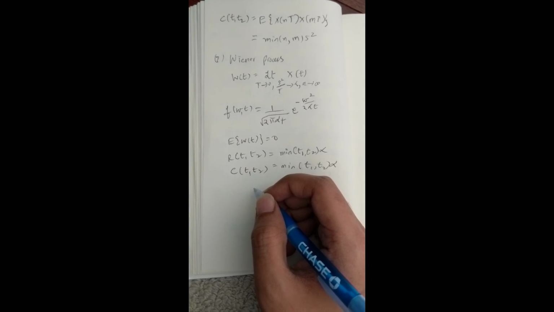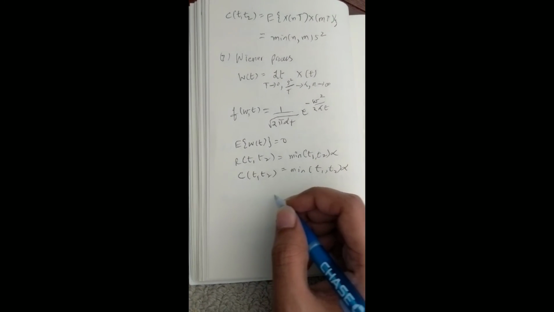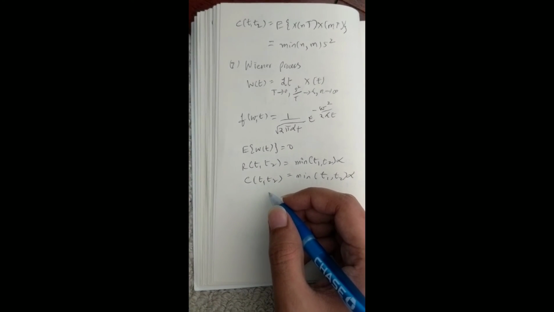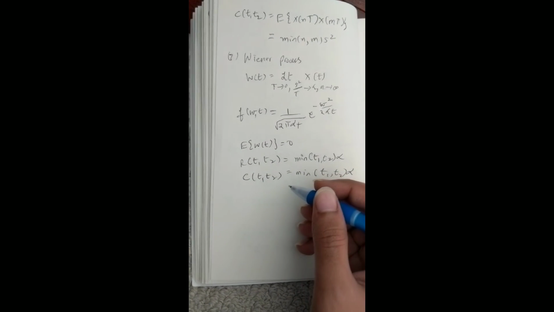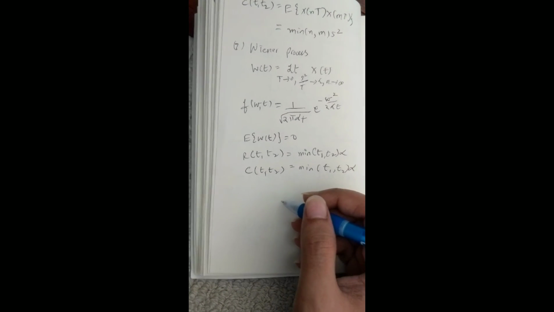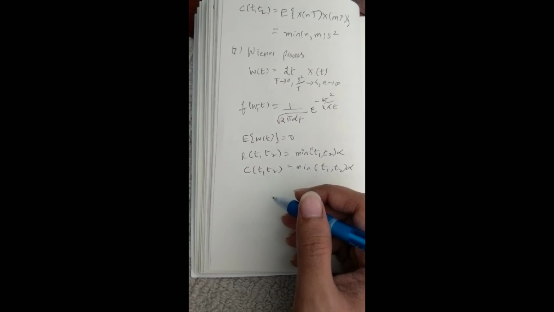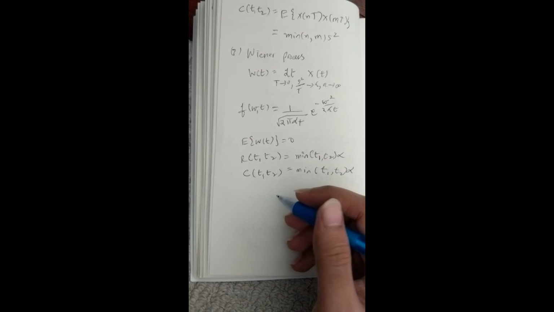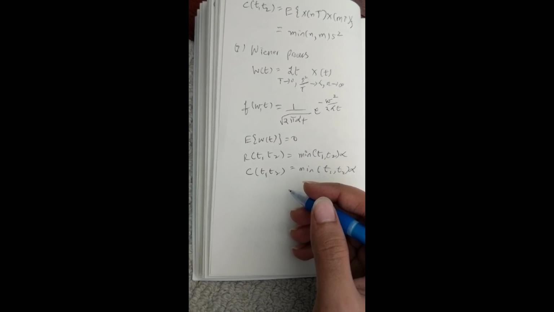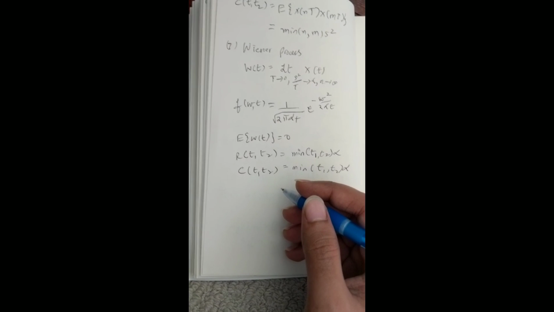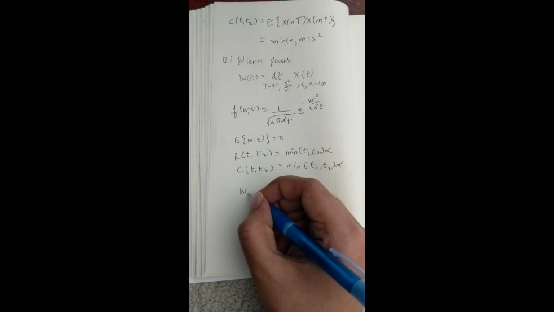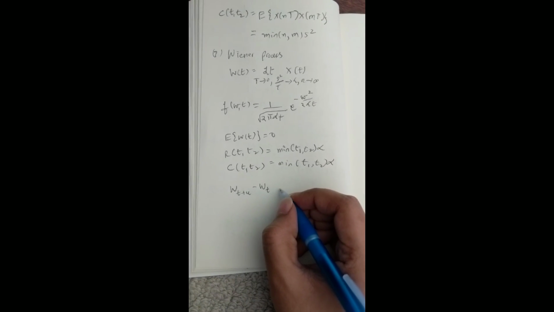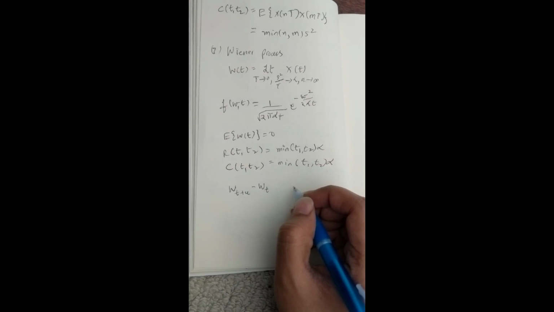Note that for a Wiener process Wt, W naught is equal to 0. The Wiener process has independent increments. It has Gaussian increments, as in Wt plus u minus Wt is normally distributed with mean 0 and variance